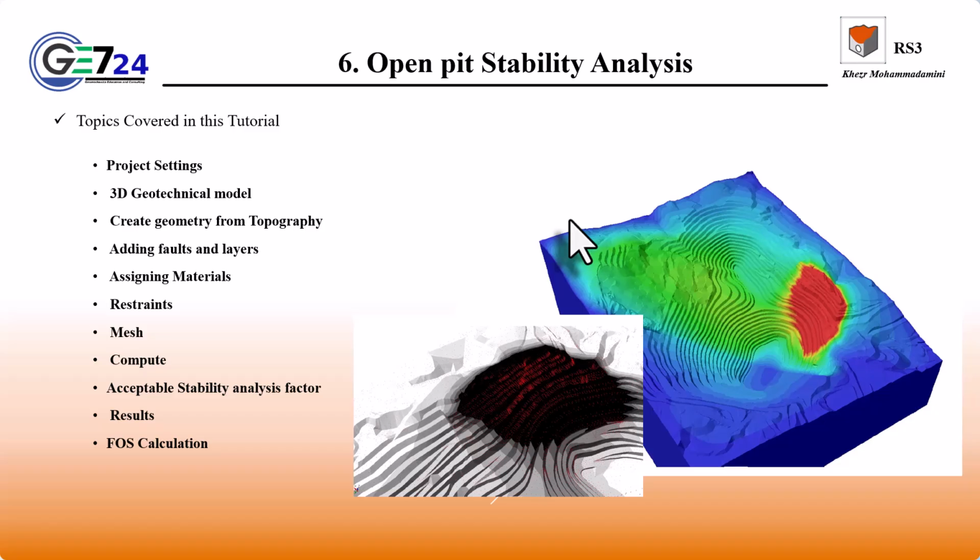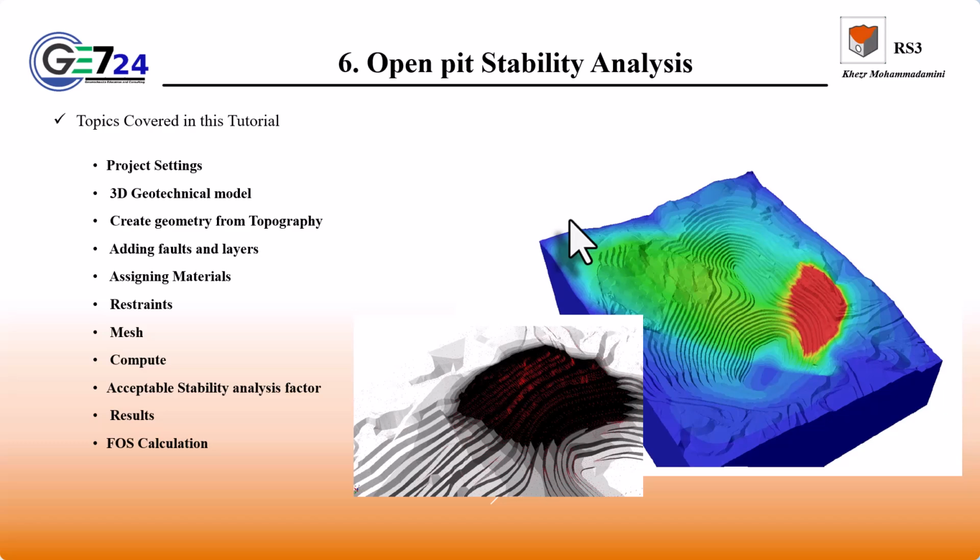We have three other examples in a large open pit for project setting, three geometrical models, and how we can create surface and topography from the XF that we have, and layering, adding fault and layering. If we have data from other software, or from an Excel file, and we want to make a 3D geometry for RS3, and assign material to any ground type and lithology,